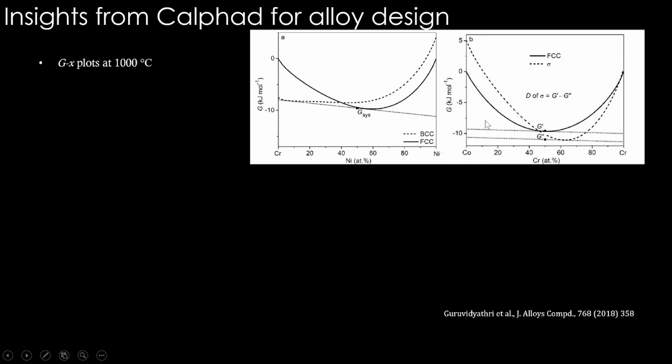But more than this kind of quantity, if you take this cobalt chromium system where we saw FCC in close competition with BCC and sigma, here the sigma phase is drawn. This dotted line is the sigma phase, and if at all this 50-50 composition stays as FCC, what will be the Gibbs energy? This G prime. And from there, if sigma has to nucleate, what is the driving force? The distance between this G prime and G double prime. So that is the driving force for sigma. If this driving force value is small, then it is easy to destabilize this sigma and stabilize FCC. By adding the right FCC stabilizing elements to this, we can stabilize FCC and suppress sigma.